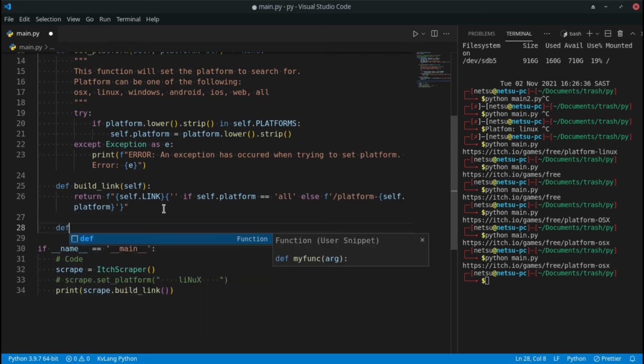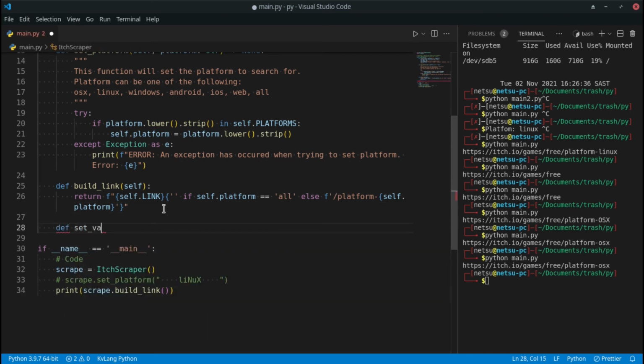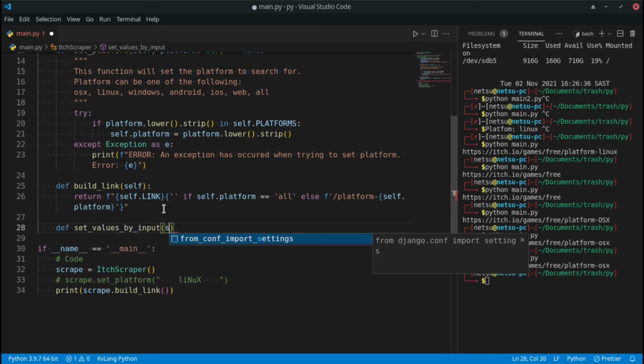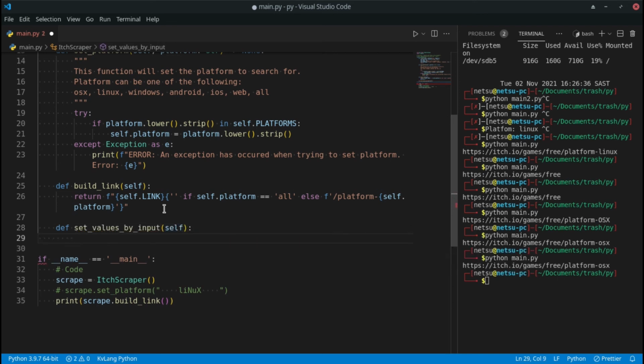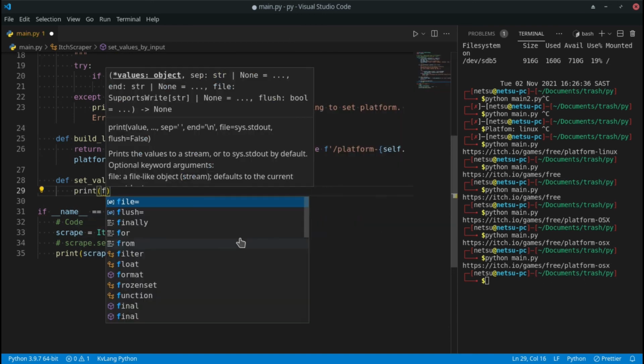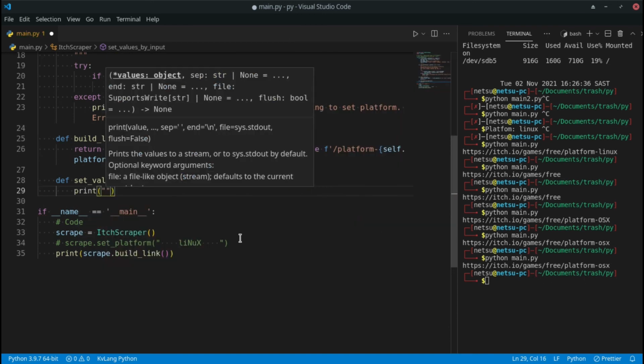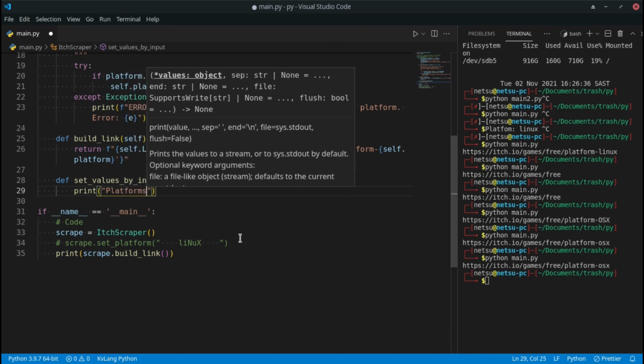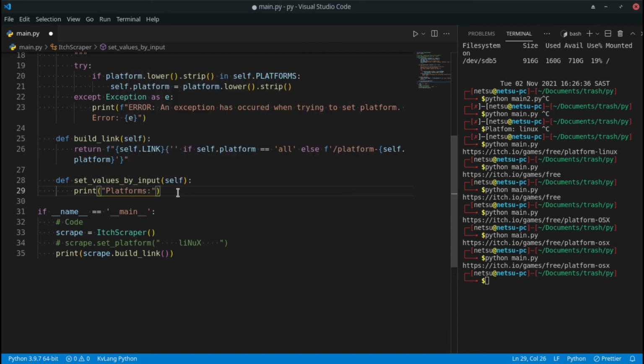We can create a function called set values by input. And now here we can just say self, and then we can say print. We don't need an f string here, we can just say platforms. And this will print out the platforms that are available for the user to choose from, because otherwise we might